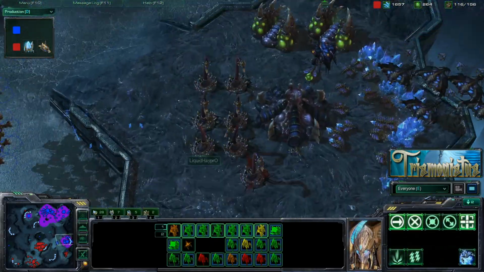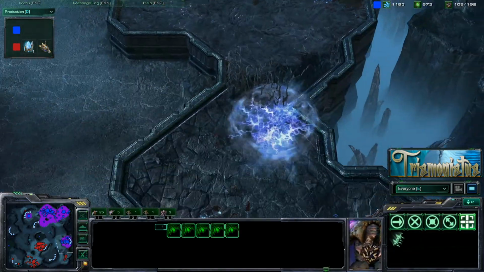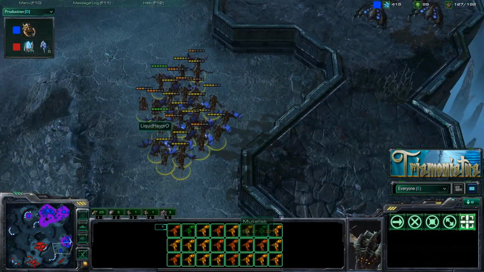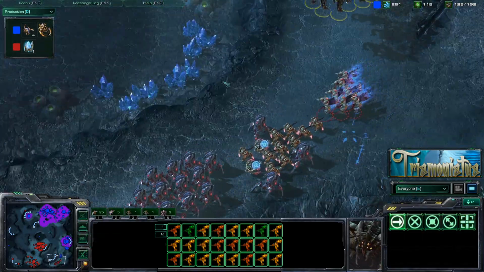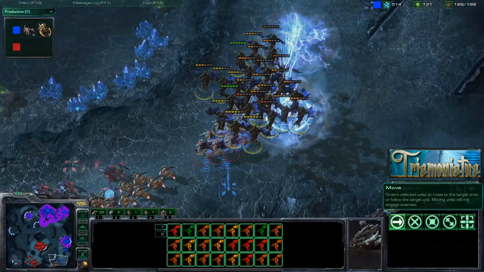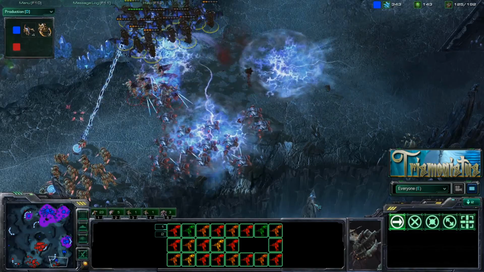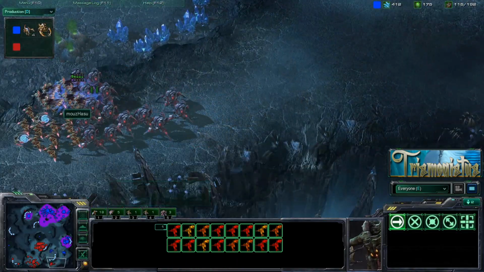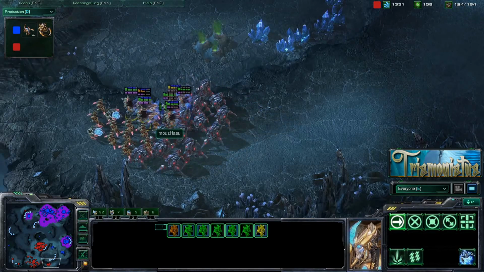These Broodlords are really what are going to win him this game at this point. So scratch what I said earlier about no reason to get the Broodlords. Oh, he's going to put them right on top of the Templar. Ooh. Actually went very well in Protoss's favor, even though he should have started attacking those Templar once he was